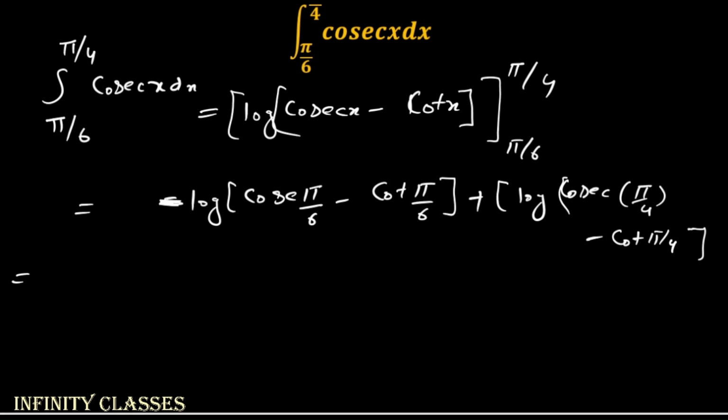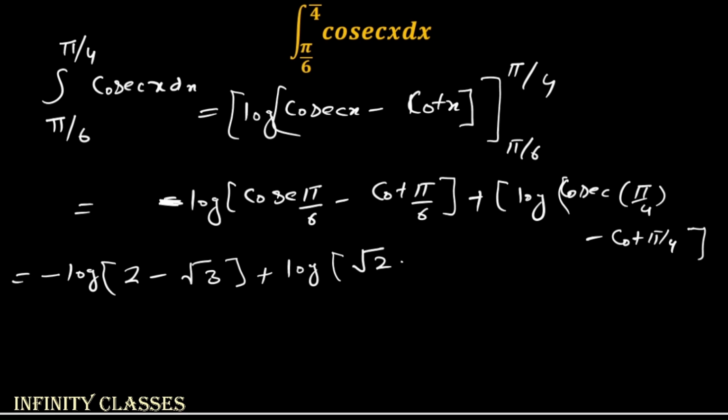So minus log cosec pi by 6, it is the reciprocal of sin, and sin 30 is 1 upon 2, so it will be 2, and cot pi by 6 means cot 30, and tan 30 is root 3, plus log cosec pi by 4. Cosec pi by 4 is 1 upon sin pi by 4, and sin pi by 4 is 1 upon root 2, so it is root 2 minus 1 upon root 2, and this one is